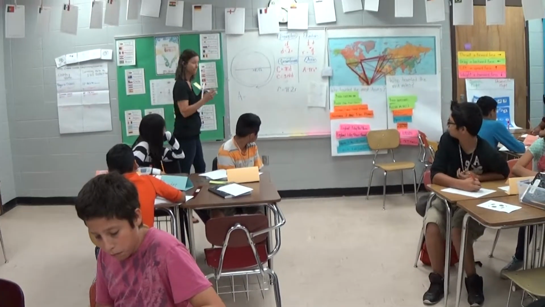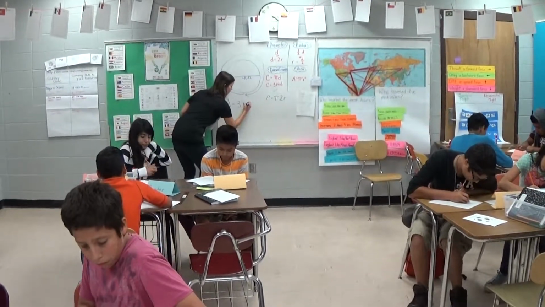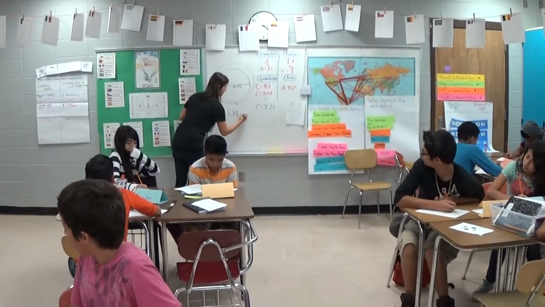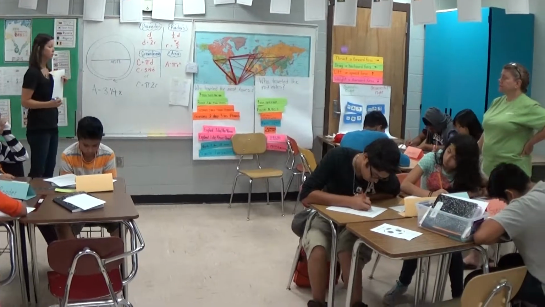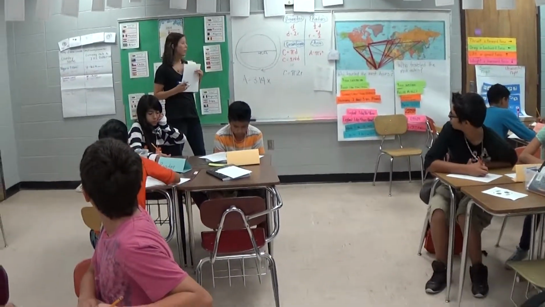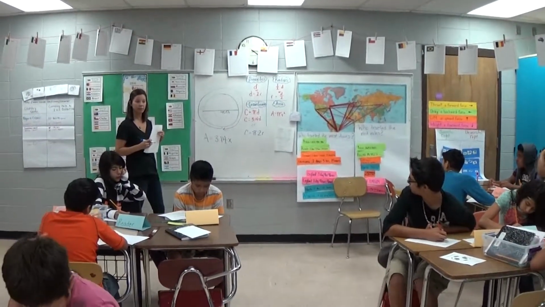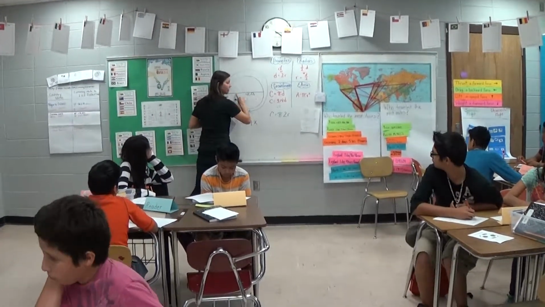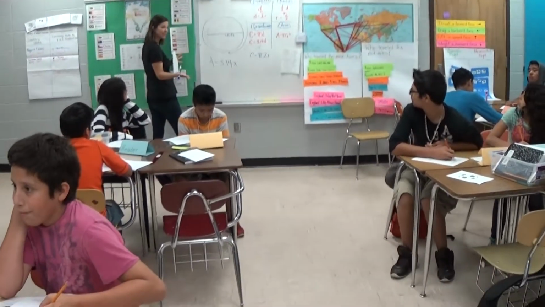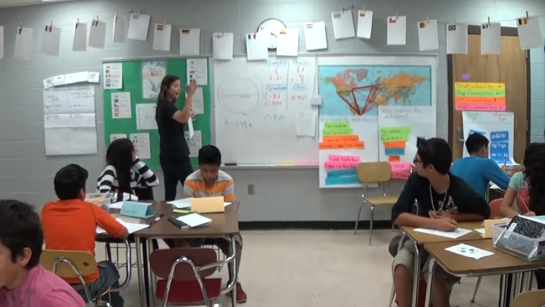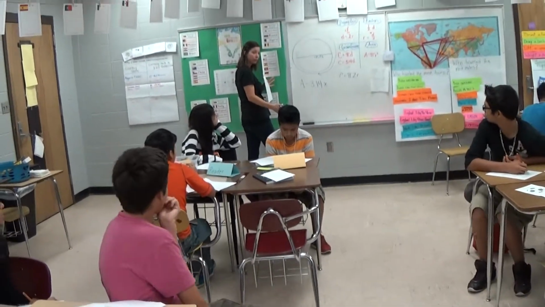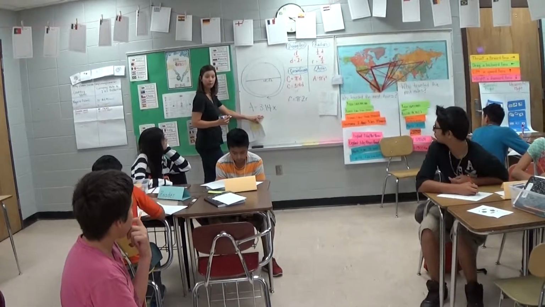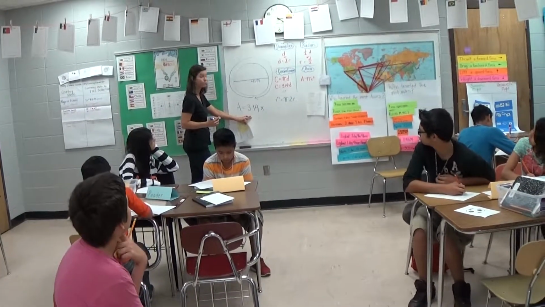pi, which is what? 3.14 times the radius squared. Remember what radius is? Diameter is the distance all the way across the circle, but what is radius? It's half of that. So what's half of 40? 20. So we're going to multiply 3.14 times the radius, which is